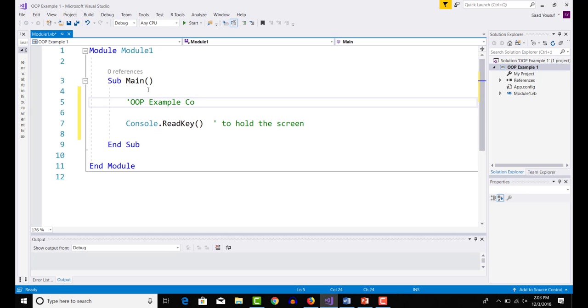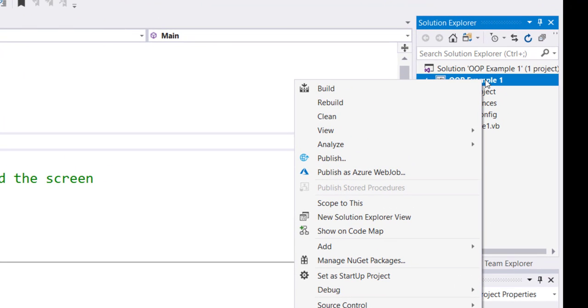But before we get to coding the object-oriented example, we need to first create our classification and a class, which is a generalization of the idea. Let's say I want to create a class. The purpose of the class will be to present greetings. Okay, so now we will right-click on the VB project